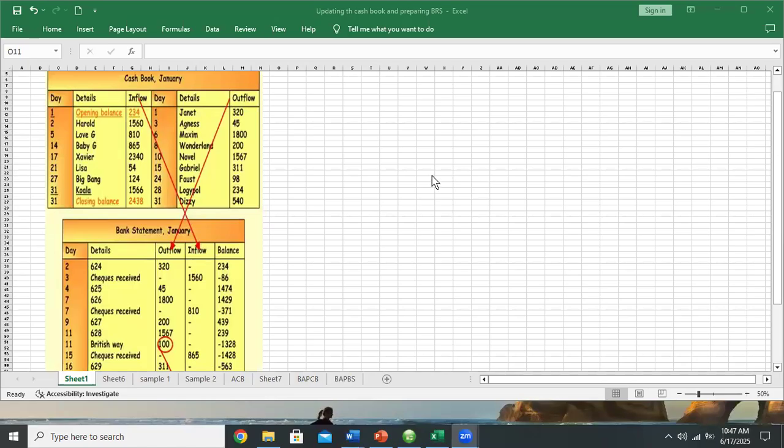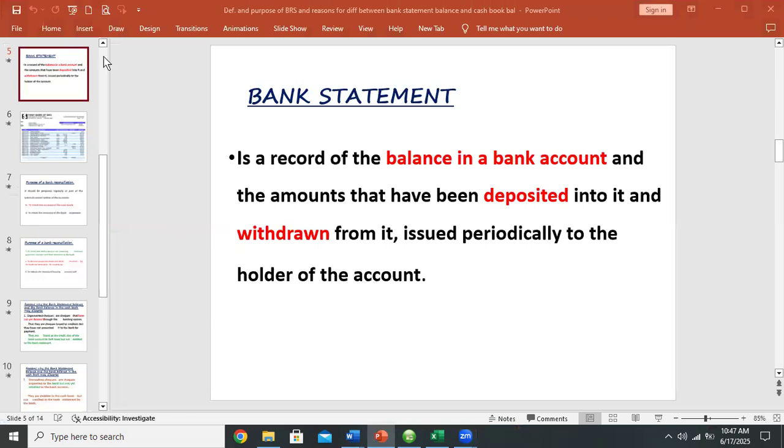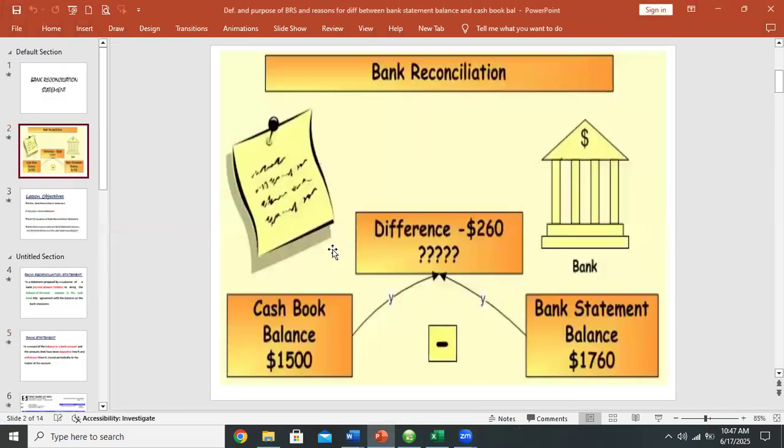Okay, so fast forward, we saw some of the reasons why the two balances will be different, right? As I depicted to you in the picture, the balance the bank is keeping on the bank statement is different from what the business is keeping in its cash book, specifically the bank column, right? So some of the reasons we saw the last time included